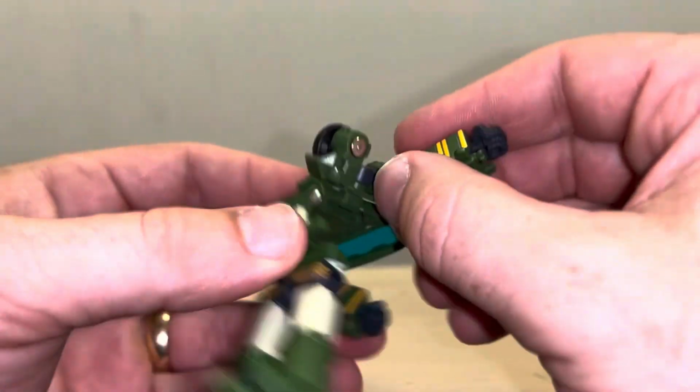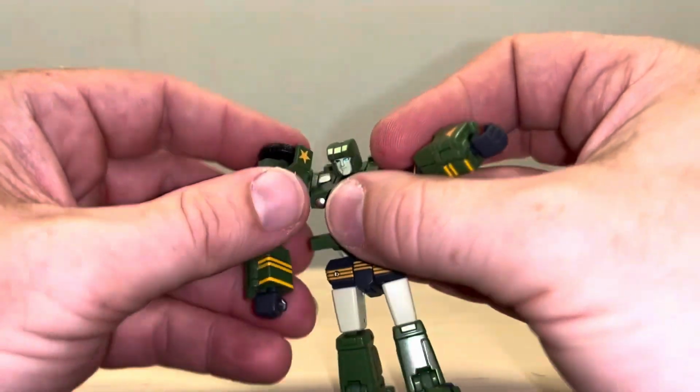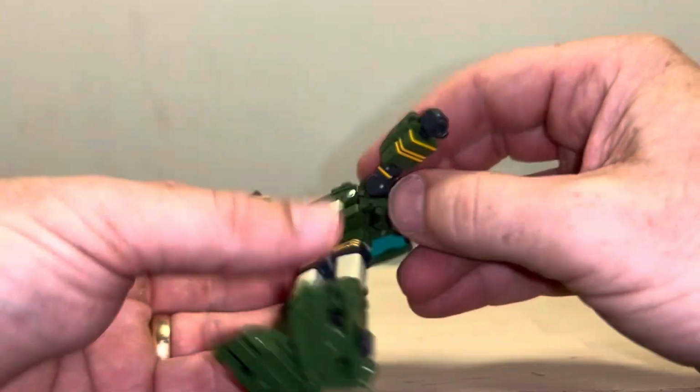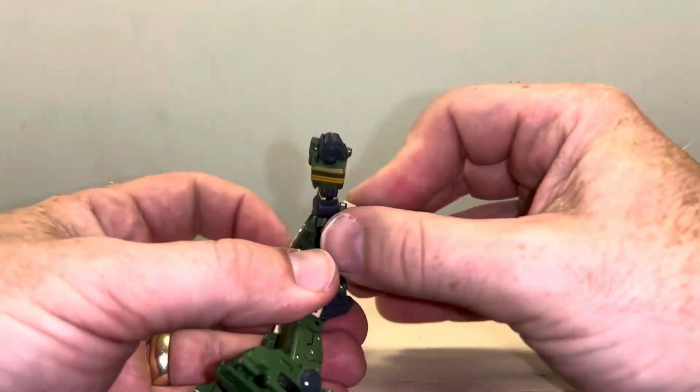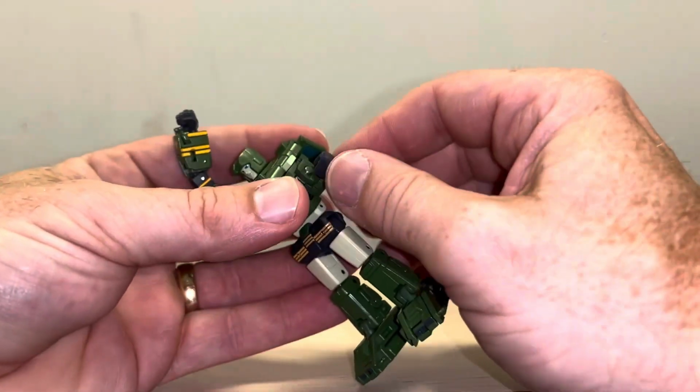It needs to be flush so that you can swing this now 180 degrees. Yep, more 180 degree twists around like that, and now this will fit once you stand him up underneath there. If the wheel isn't in the right position, it won't go. Then what you can do is